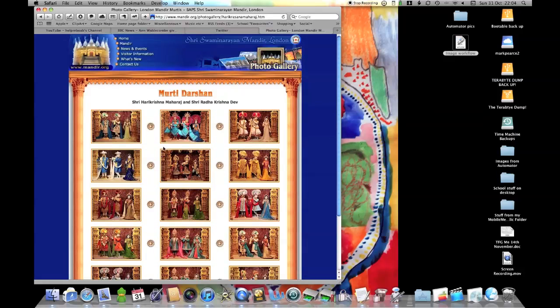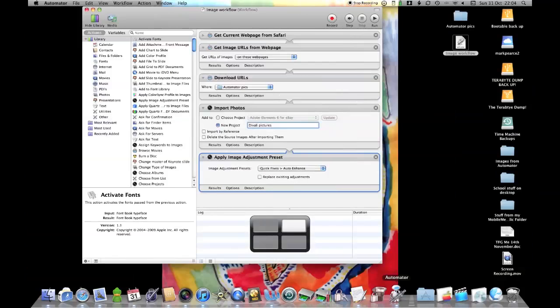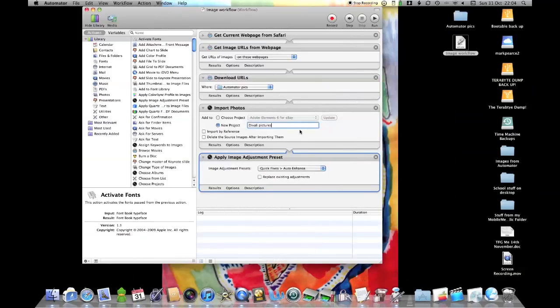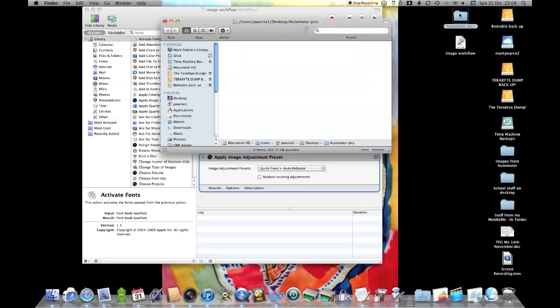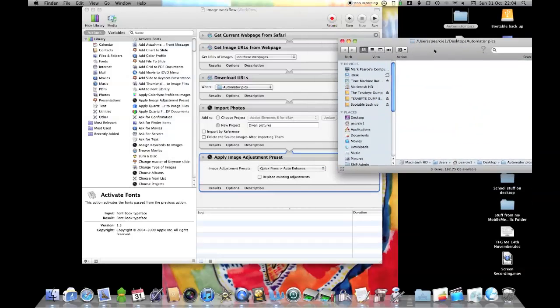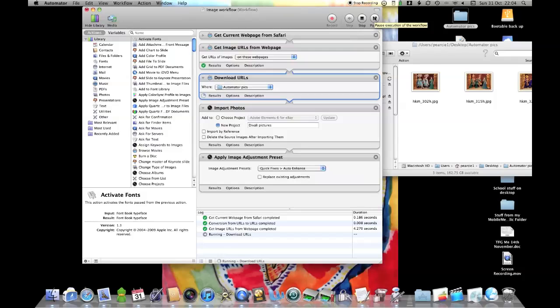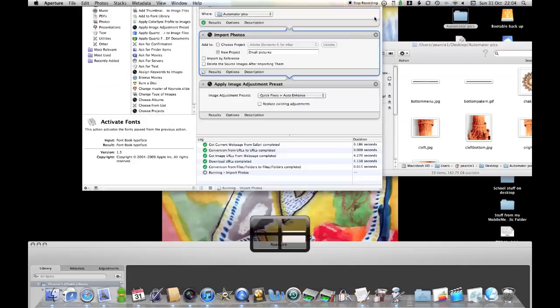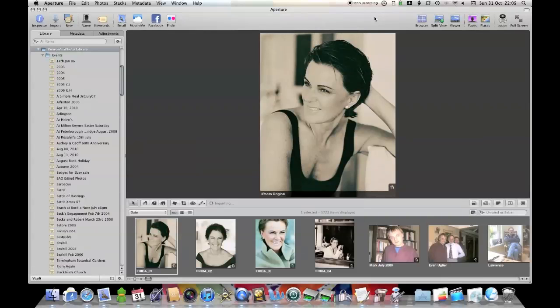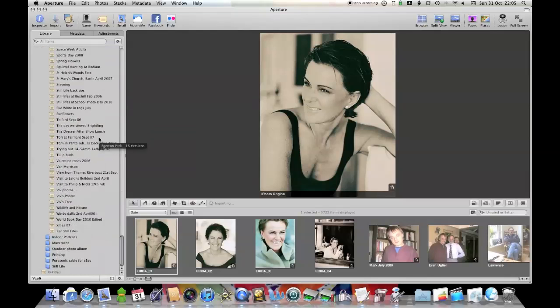Alright, so I want to run my image workflow. There it is. Okay, run that. Let's open this Automator Pics folder as well, see what happens. Okay, we run. You can see it ticks off what's happening. Okay, now we're in here. Oh, hello Frida, not quite sure why you're there, lovey. However, if I scroll down here,